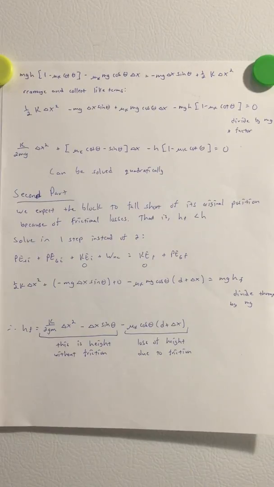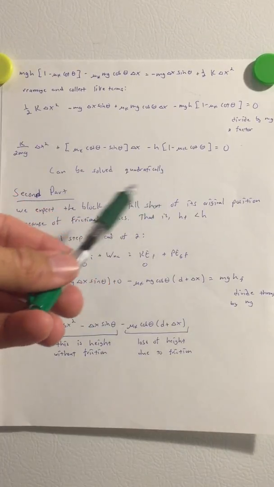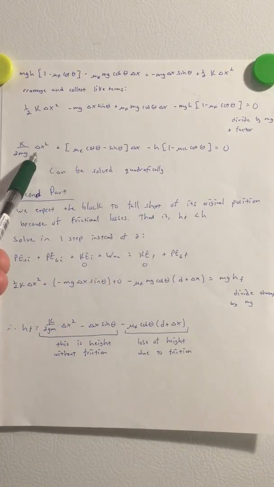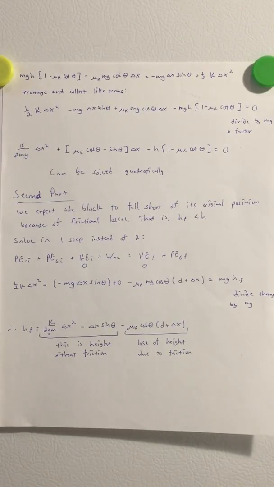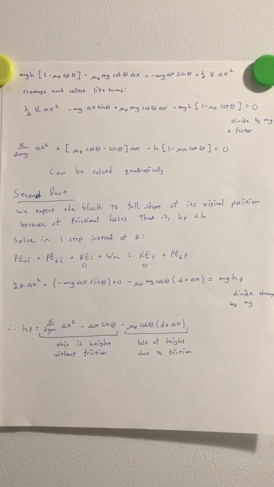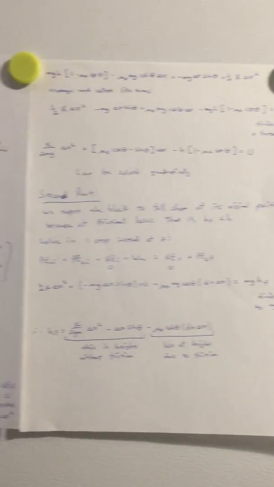Okay, picking back up this rather complicated work and energy problem. With the second part, what we've done in the first part is we've figured out an expression that can be solved quadratically for the displacement of the spring, that is the compression distance of the spring as our crate comes to rest. For the second part, I'm asked to determine how far up the ramp the block travels when the